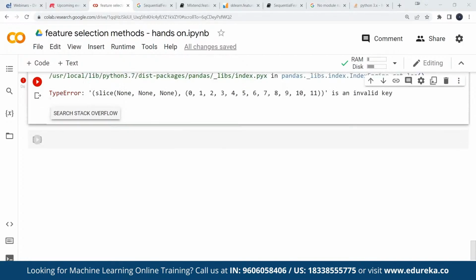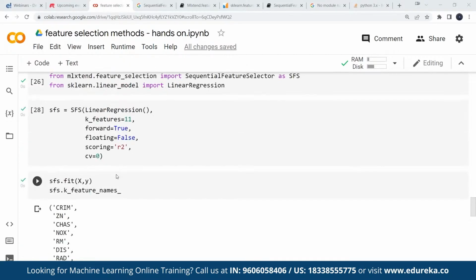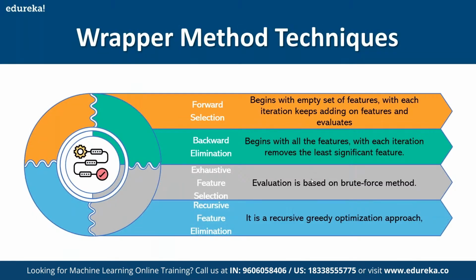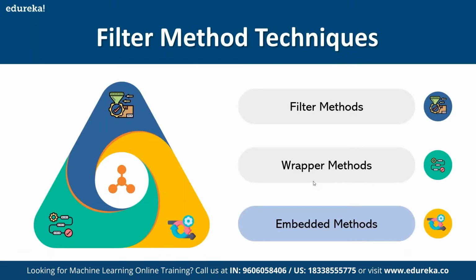So what we have done right now is we have made use of sequential feature selector, and we have implemented the forward selection and backward elimination technique. We have worked with the help of the MLExtend library to apply these wrapper method techniques. And then, if I want to move on and explain the other methods that we have over here,